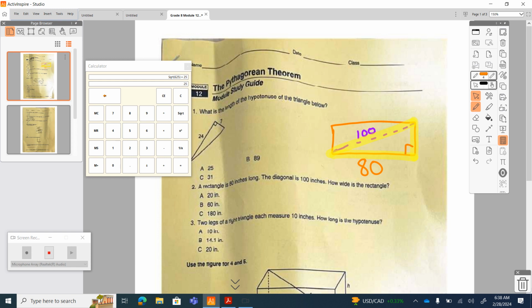So if I use a squared plus b squared equals c squared, now I'm given this diagonal, this hypotenuse, it's 100 squared. I have one of the legs. I'm going to find the other leg. Really doesn't matter whether I find A or B. They're both legs. I tend to just go for B. So 80 squared, change colors here so you can see this a little bit better, is